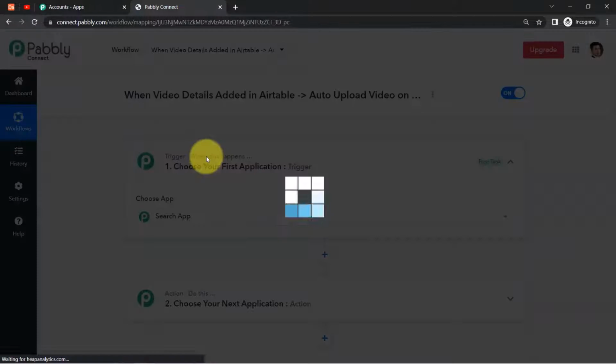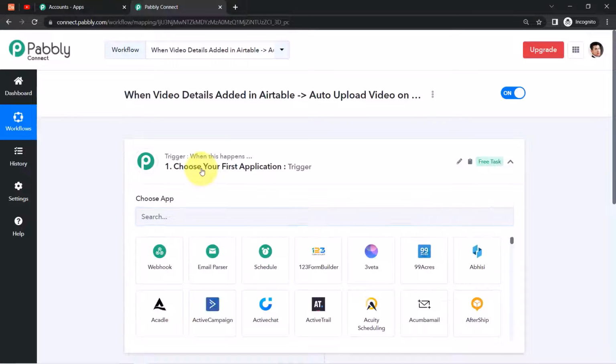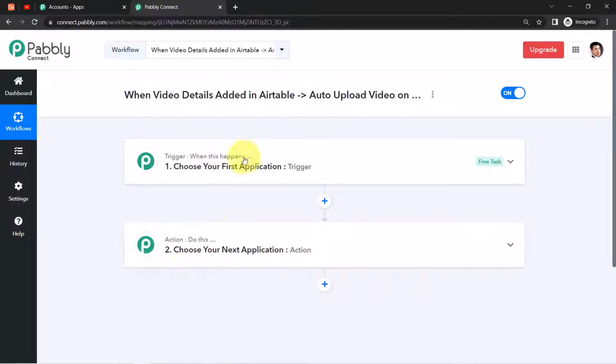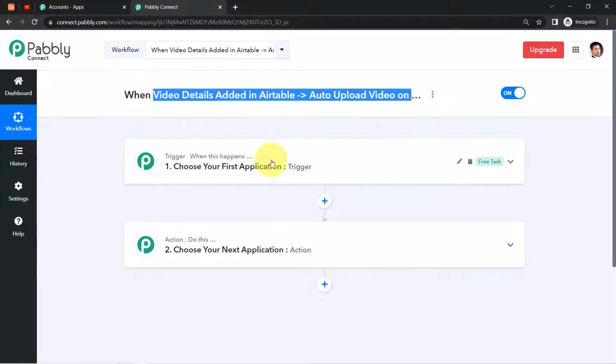Those are actually trigger and action. Trigger means when this happens, action means do this. So whenever this happens, do this. Understand with an example also. Whenever a sale happens in a payment gateway application, let's say, automatically send an email via Gmail application. Well, here according to our use case, whenever video details are added in Airtable application, auto upload the video in